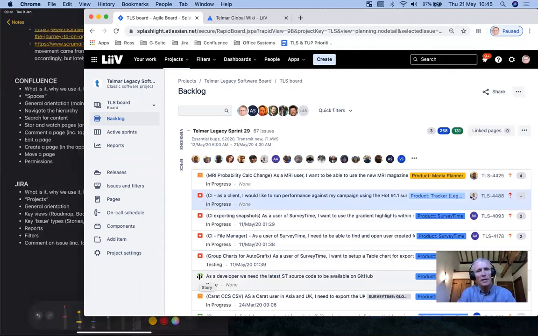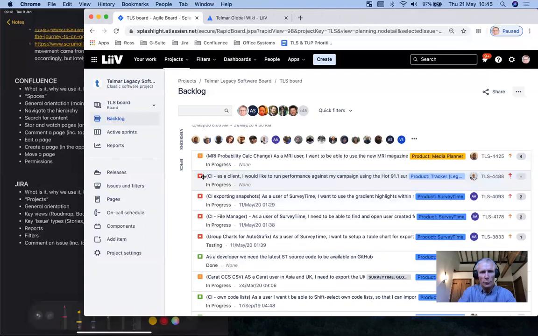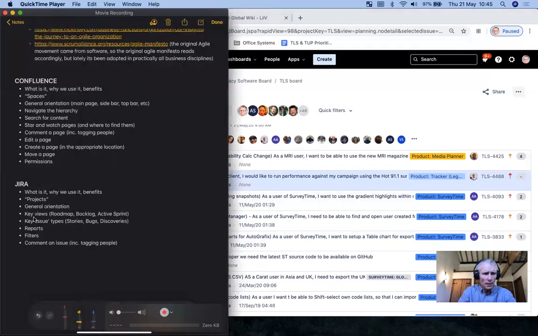So a story might be a new feature or it might be a change request. We could break that down further if we were interested to see what are new features and what are change requests. But again, keeping it as simple as possible right now. So we have 3 different types of stories. We have epics that sit above stories, and we have subtasks that sit below. Reports and filters and comments.